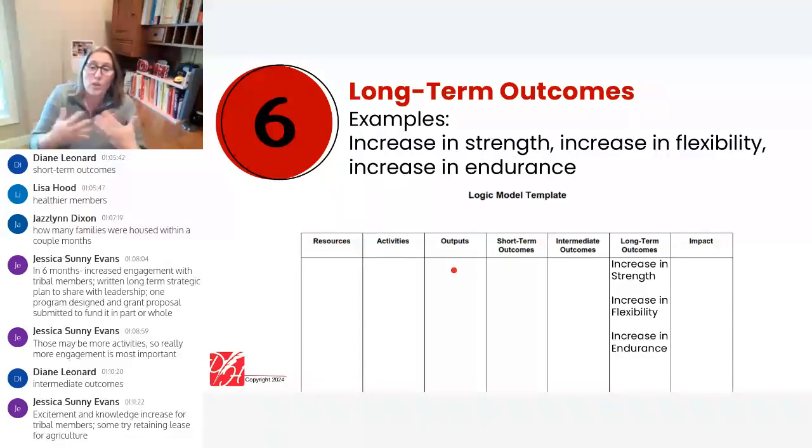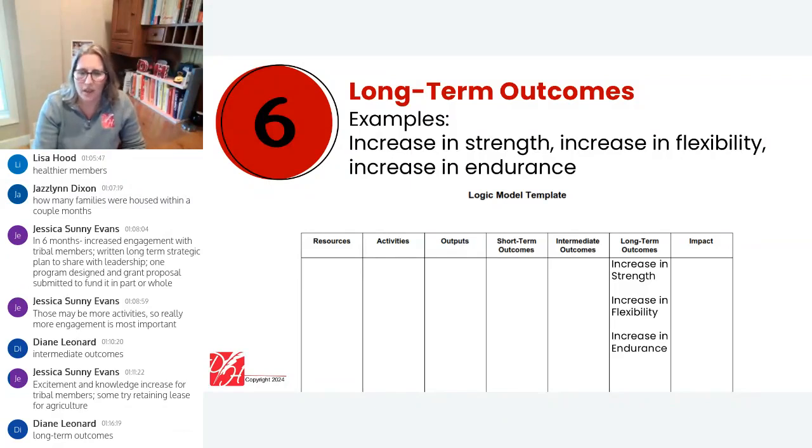They want you to tell them what are those anticipated long-term outcomes. But they're not necessarily going to pay for them, and they aren't necessarily ever going to ask you to report on them. How does that work? Well, because from the time they fund you until the time you report, if that is a 12-month period of time, these long-term outcomes haven't been reached yet. These are your theory. This is what you expect will happen based on your practiced wisdom, but it might be outside of what you are expected to report on. And that's okay.